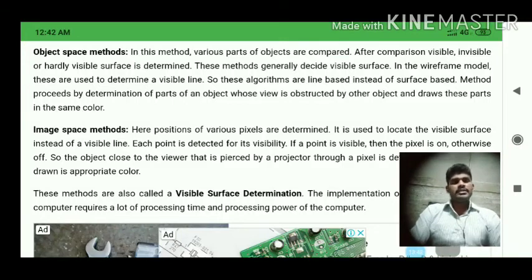And the object space method we use for physical objects, the physical objects on the screen, with x coordinate, y coordinate and z coordinate on the screen. We use the object space method for physical objects. So for which type of objects or which type of materials will we use the object space method? So look here.